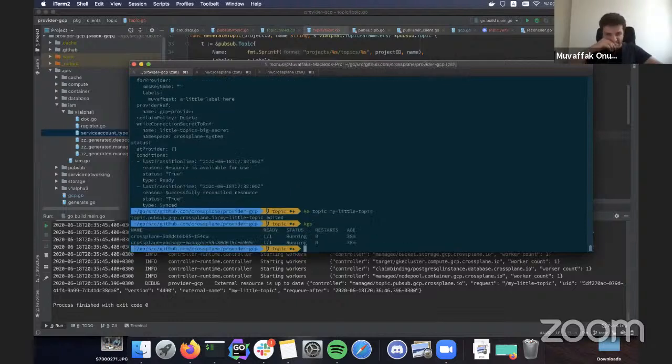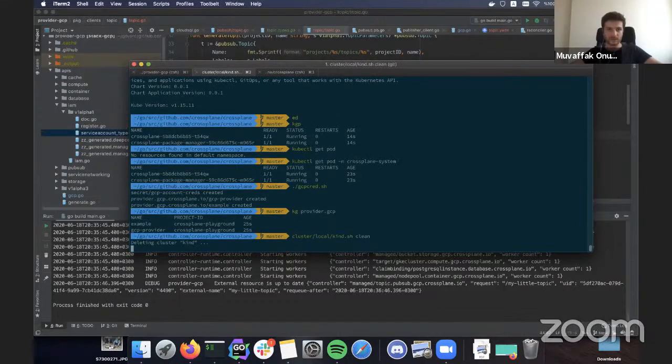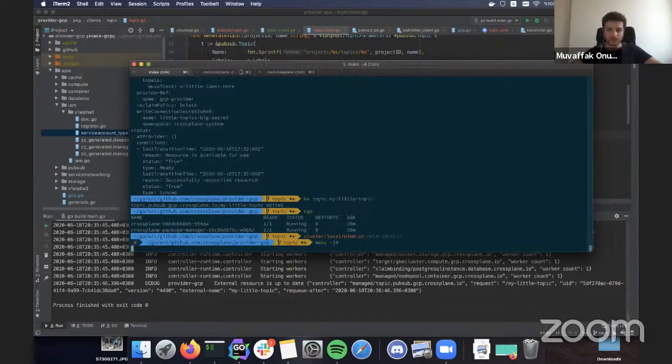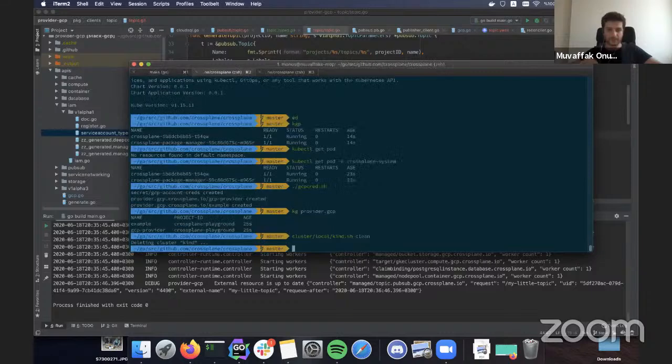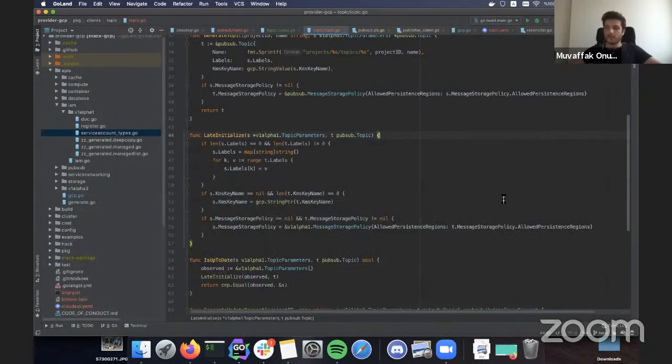So for this, I am going to kill my cluster, because it will deploy its own CRDs when installed, this package and build this provider. Meanwhile, my cluster can come up. Okay, while they're doing those things,